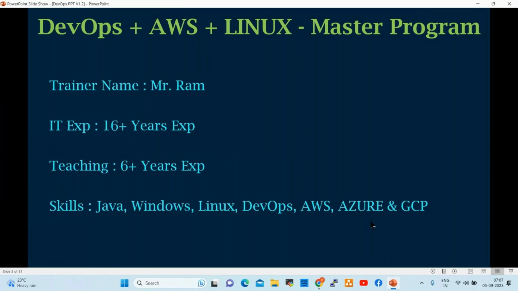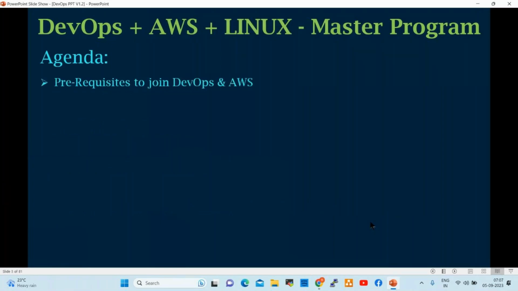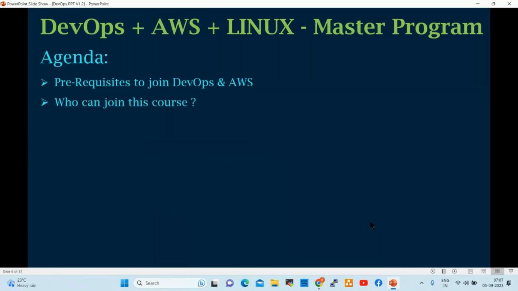Today's agenda: what are the prerequisites to start DevOps and AWS? Who can join and learn this course? The course information and instructions to attend the course.